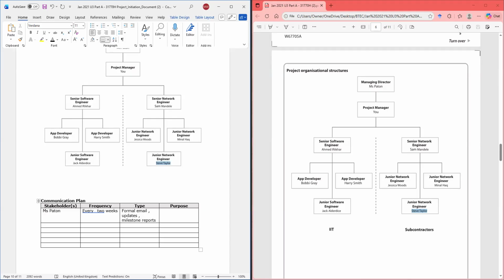Purpose: to inform the client of progress, budget status, and any risk or changes.